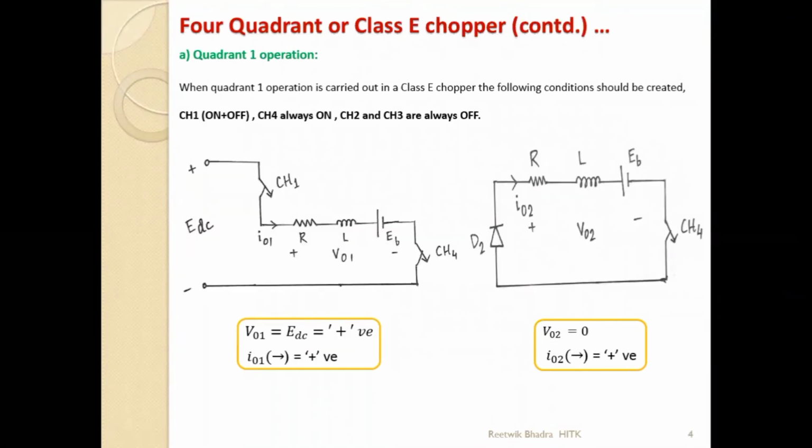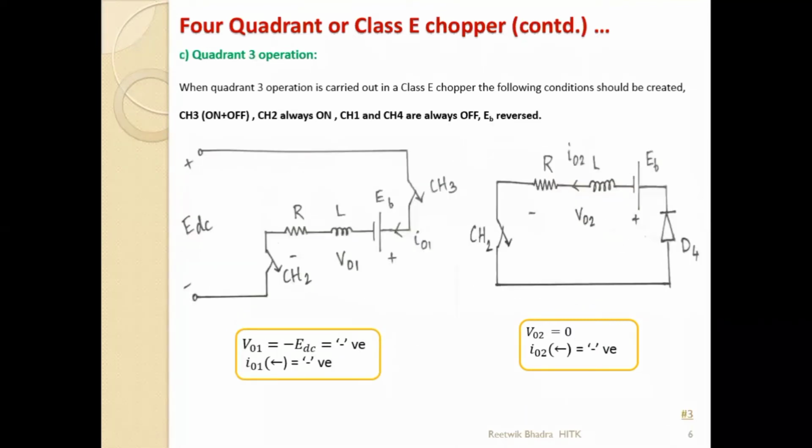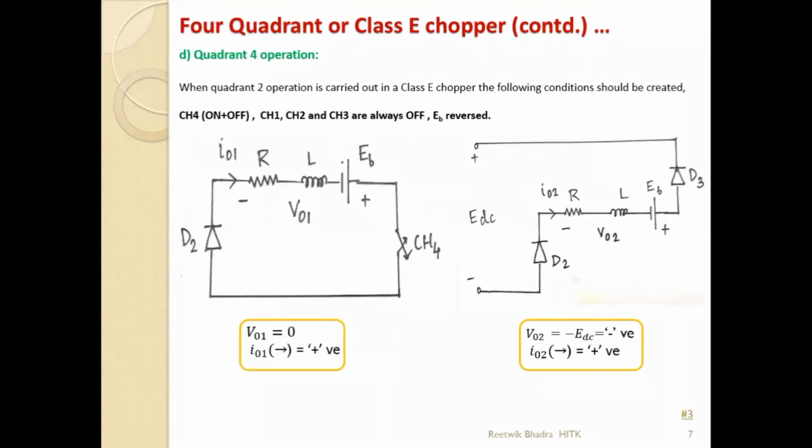Next slide will be my comparison of the modes, quadrant 1 to quadrant 4. We'll make a comparison and I'll tell you how to remember it very easily. Before going into that, can anybody relate anything in the operation of quadrant 1, quadrant 2, quadrant 3 and quadrant 4? Can anybody tell me any relation? How can we remember or understand the operation easily? Except the one which I've told you, that in every quadrant a CH will be on and off. Anything you can tell me?